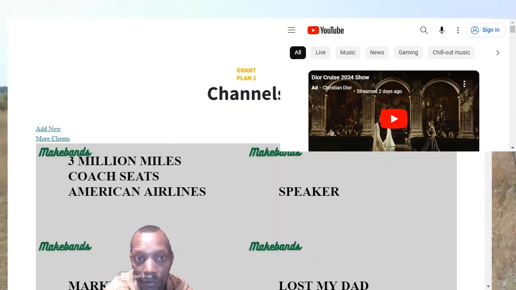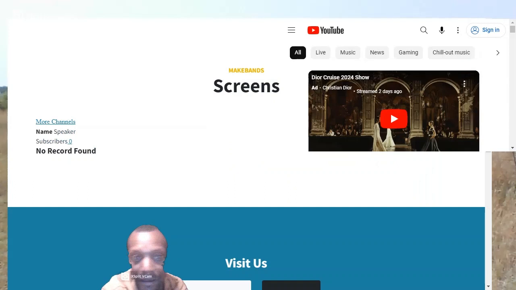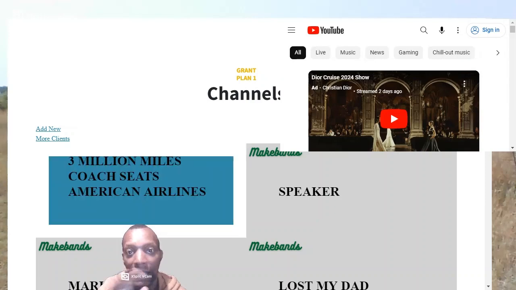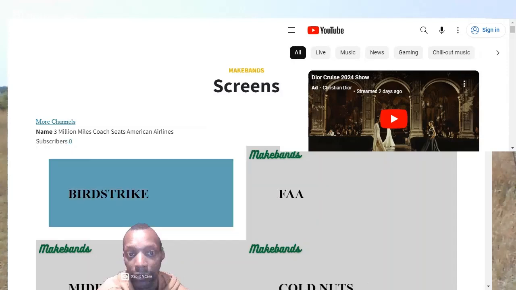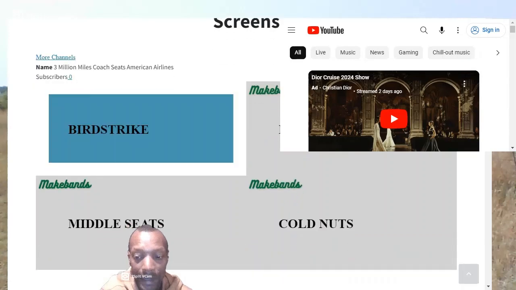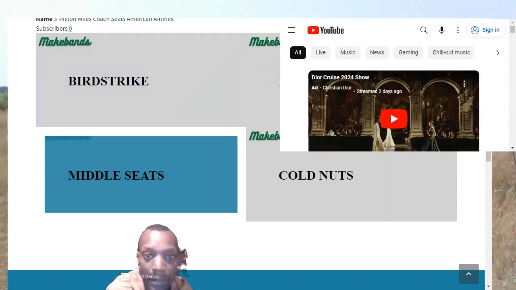Okay, so let's look as a speaker. We didn't add any data, so it's blank. But, and that's for the rest of them. But in the 3 million miles coach seats, we did add 4 pieces of data here. Middle seats, bird strikes, cold nuts,